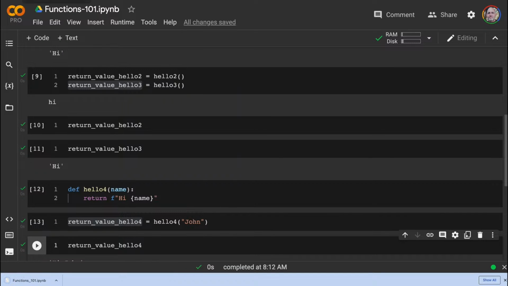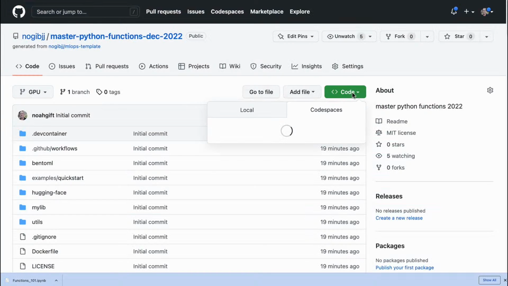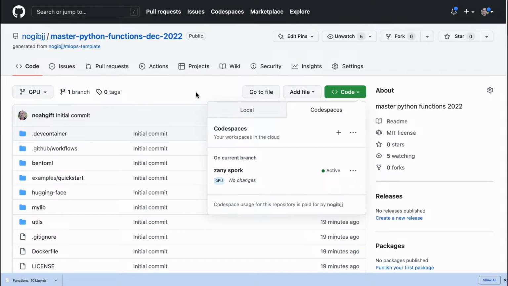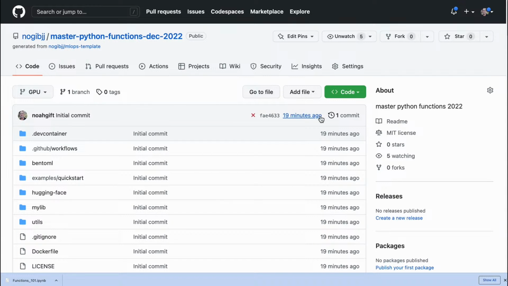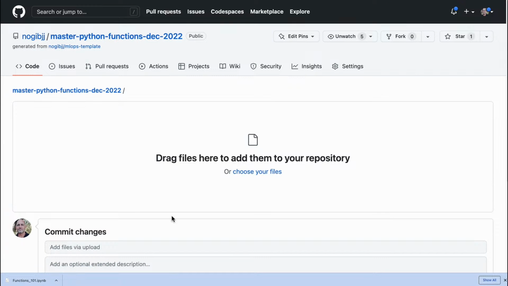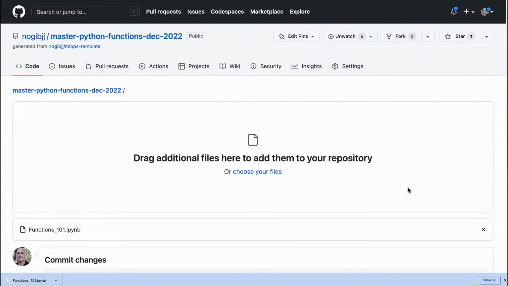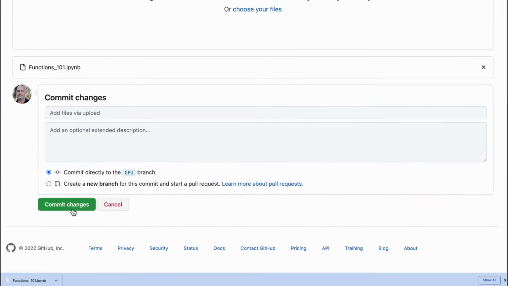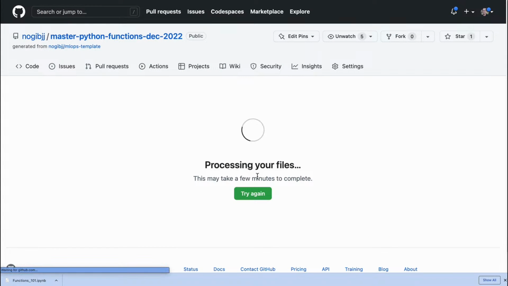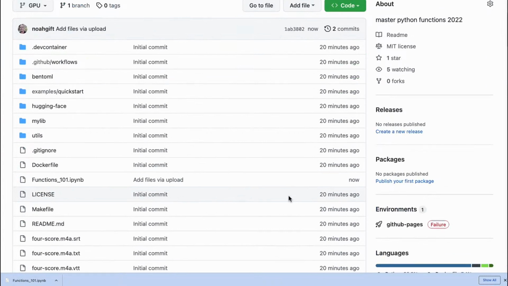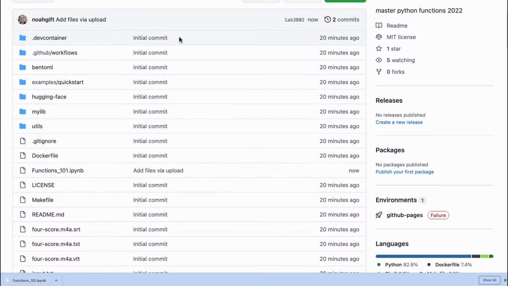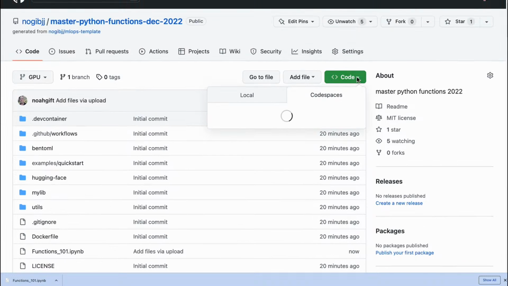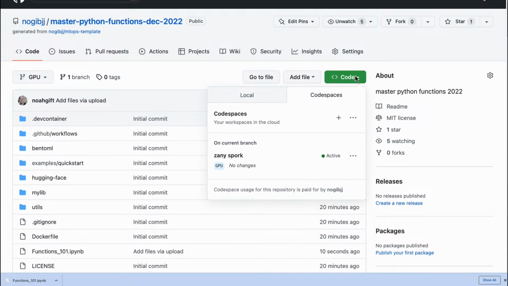So one of the things that's kind of fun is you can actually just add a file directly inside of here. You can say add file, upload a file, and then I can just drag that notebook inside of this repo, and then it'll just show up so that other people can play around with it. There it is. So what I'm going to do here is I'm going to go to code, and if you're using the free version, you can just launch your own codespace. You just click this button and it'll create a codespace.